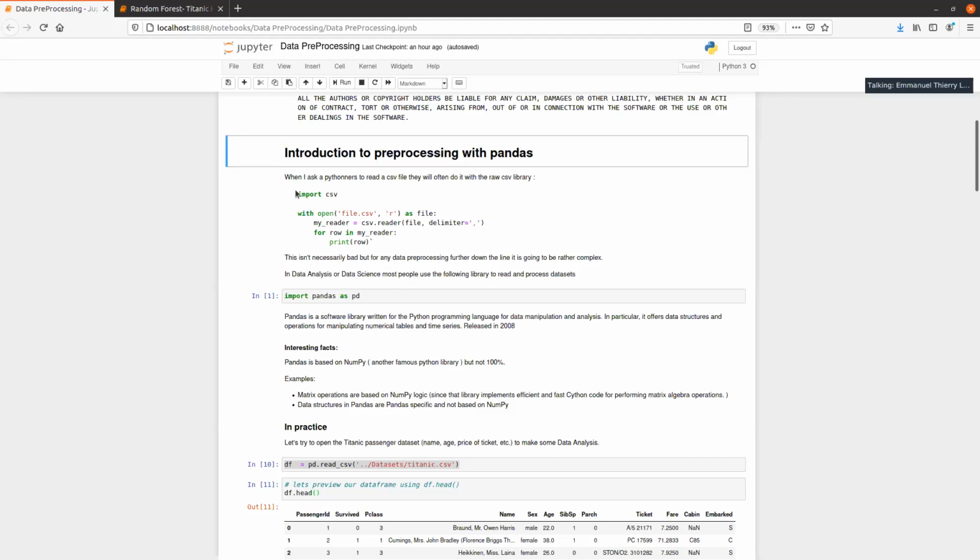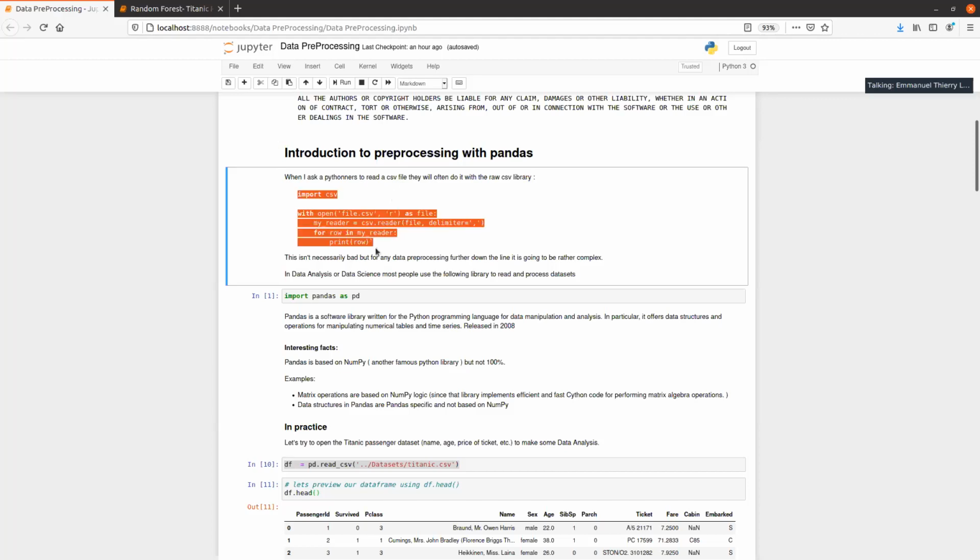So let me jump to the core subject: data pre-processing with Pandas. When we ask typical Pythoners to read a CSV file, which is a typical file containing data, like an Excel type of format, where CSV stands for comma-separated values, they will typically do it with the raw CSV library.